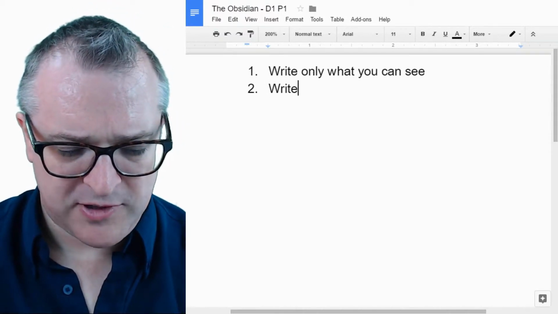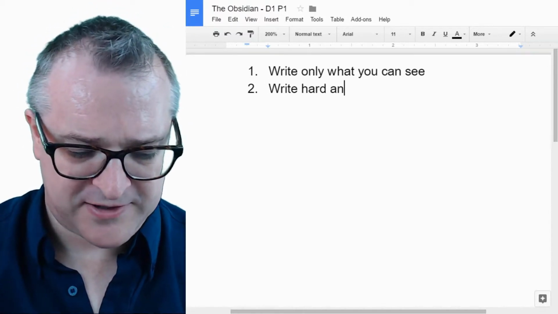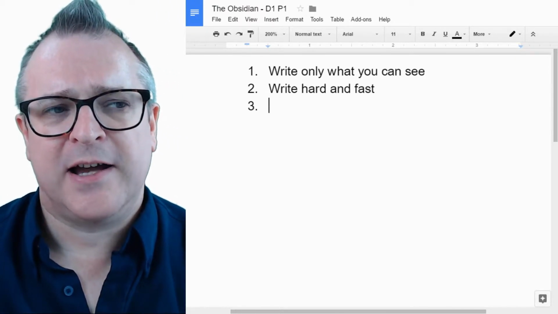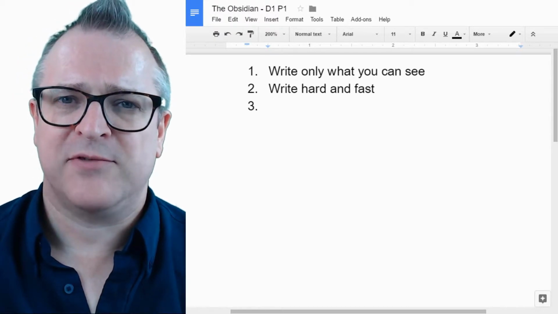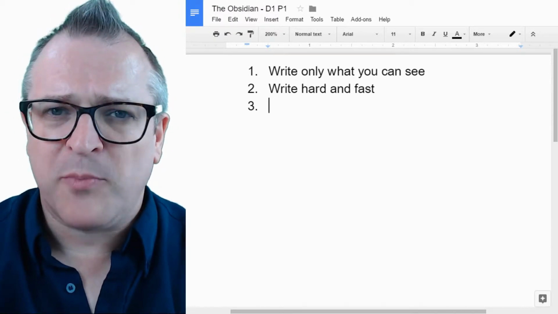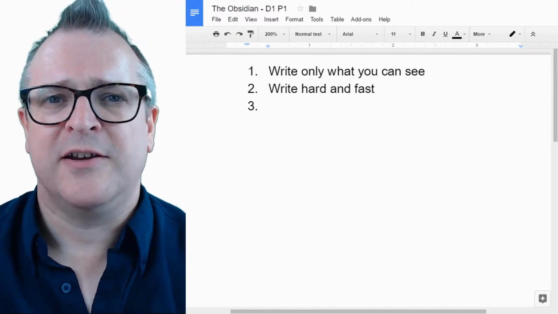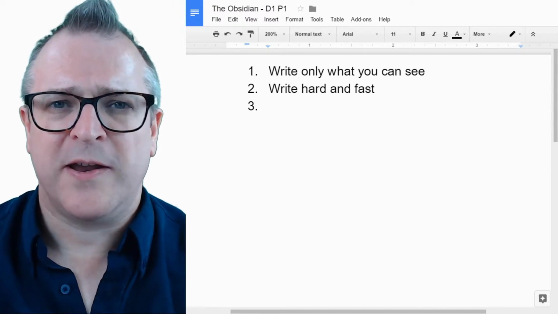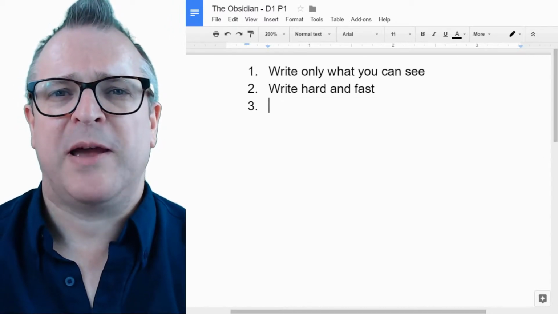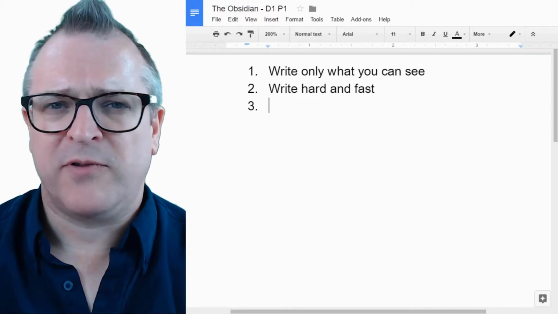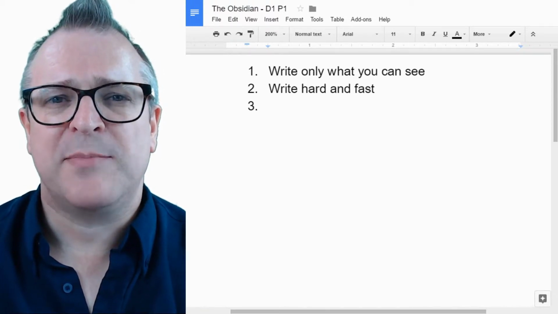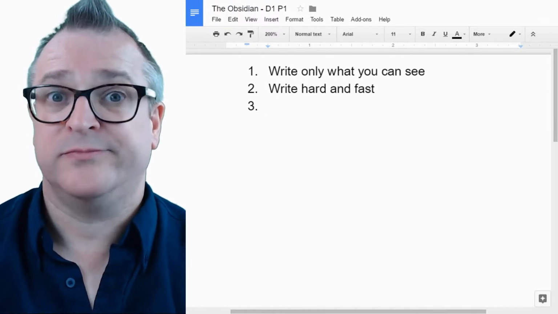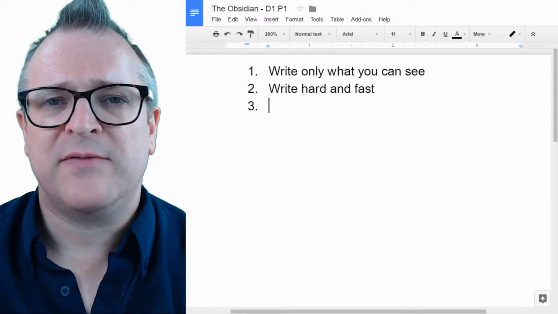The second rule is to write hard and fast. A first draft is a little bit like an artist with a blank canvas. They don't just start in the top corner and start painting intricately. They sketch some lines first on the canvas and they might throw a few colours on. Or a sculptor might throw rough lumps of clay together to get the basic shape. That's your first draft. Your first draft is not a finished product. It will be awful. Your first draft is going to be bad.